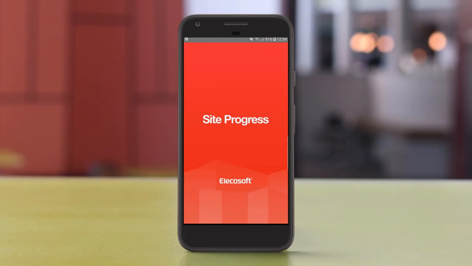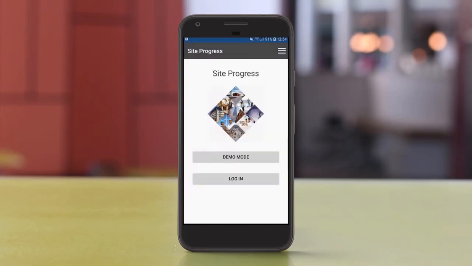So you download and install the Site Progress Mobile application. And on first opening, first use, you can either activate it in demo mode. It means you can play around with things, but you can't change it. But you will have been sent information from your colleague which has got your email address and a login password. So you tap on the login